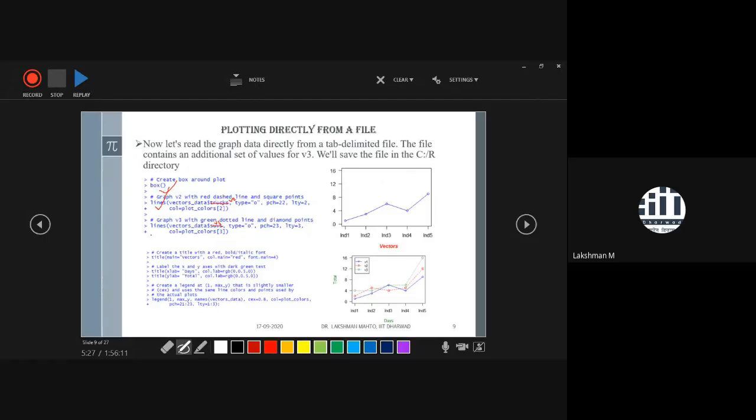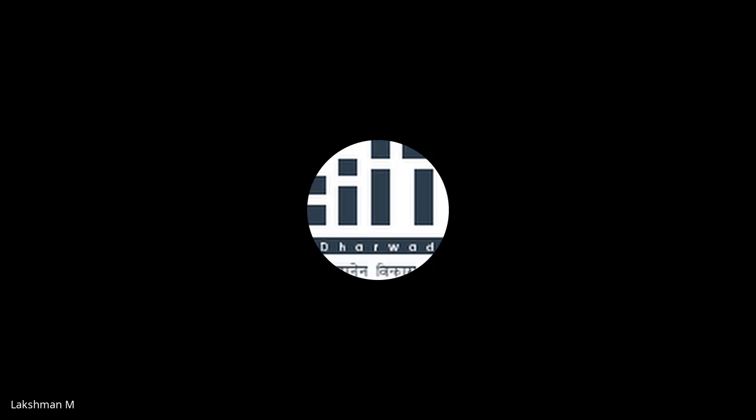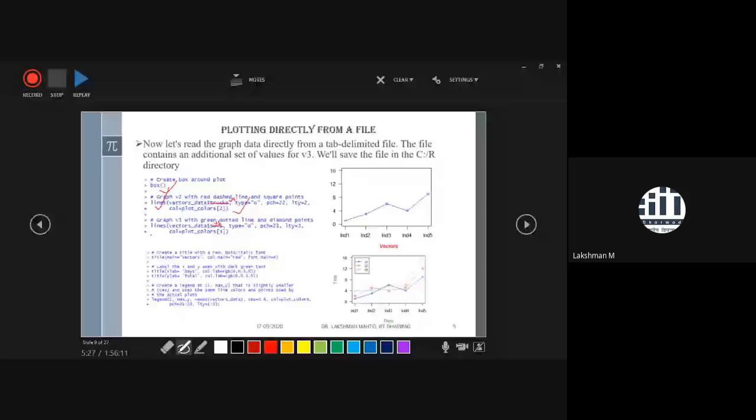If you want to plot your second vector, you have to use this command, and you will get the second vector. The red one is the second. And if you want to plot V3, you have to recall V3 from the vectors data file, and it will give the green plot.